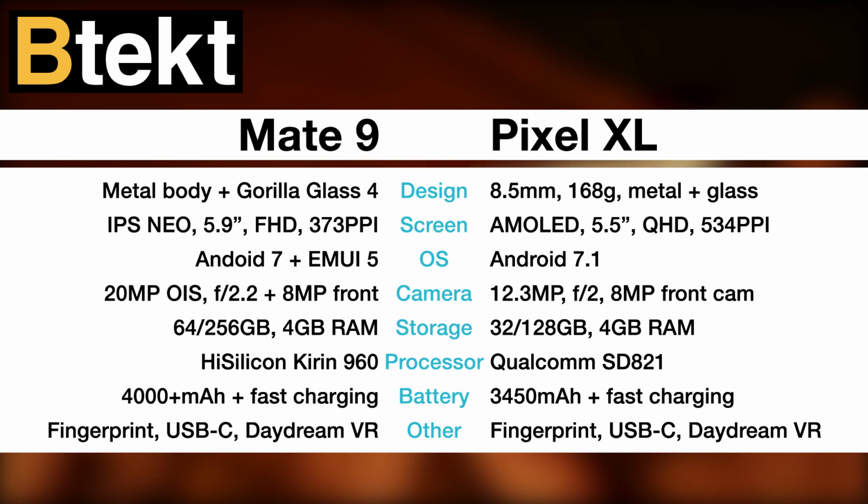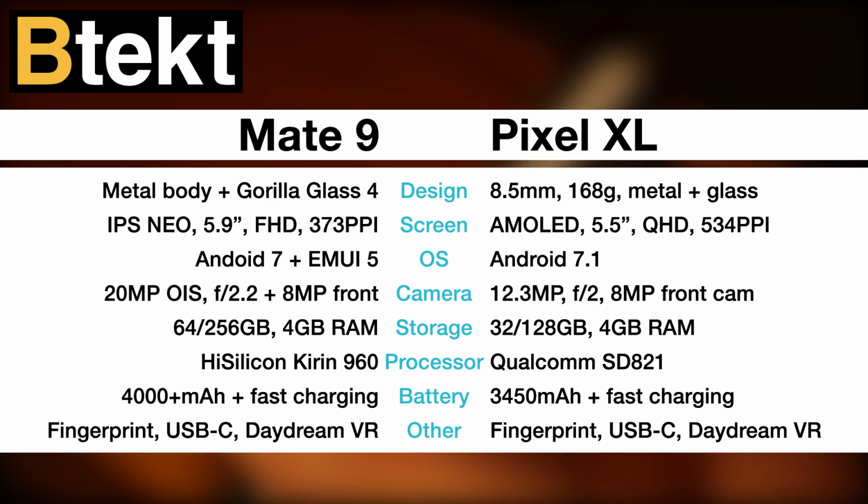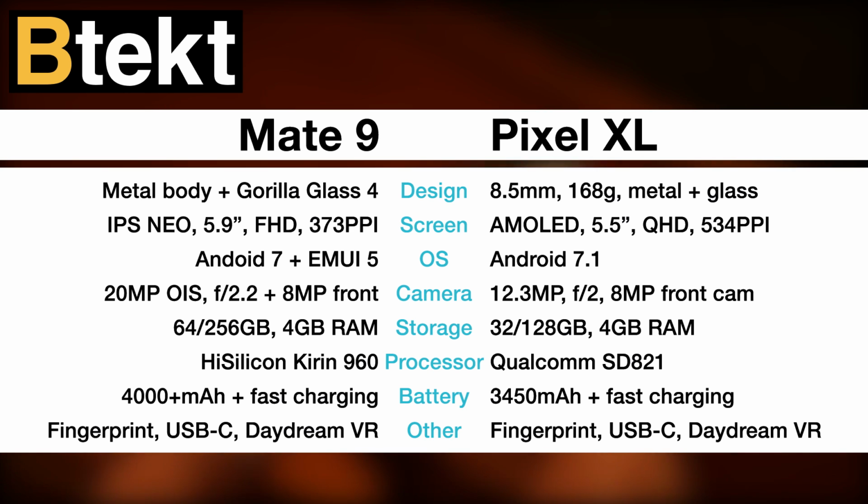And that, my friends, is how the Pixel XL stacks up against the Mate 9. Hopefully you found this video useful. It was superficial. We'll be doing more in-depth stuff the more time we spend with the Mate 9, but if